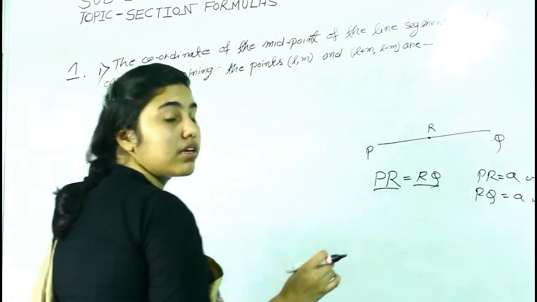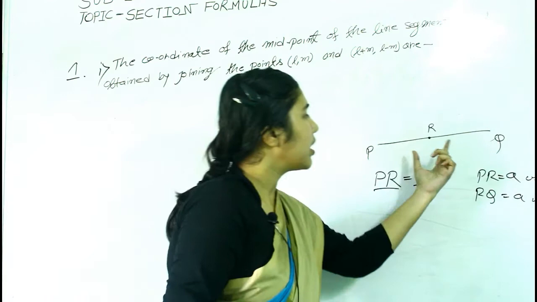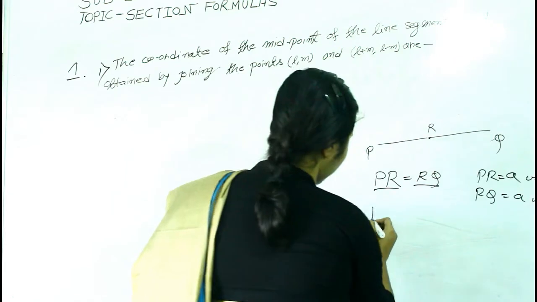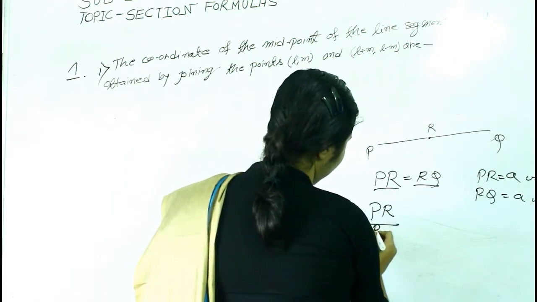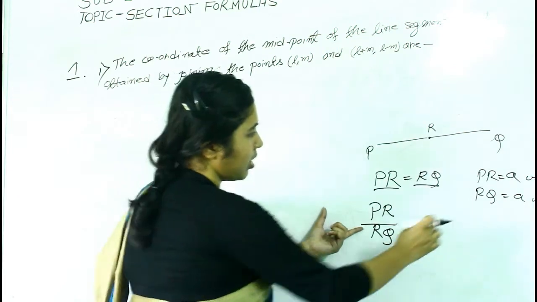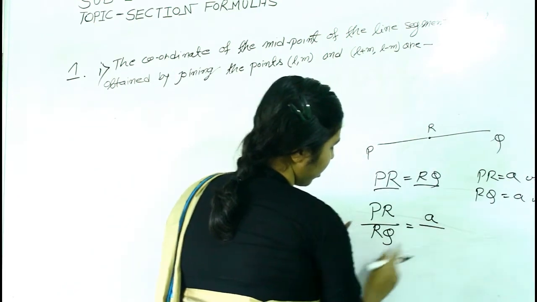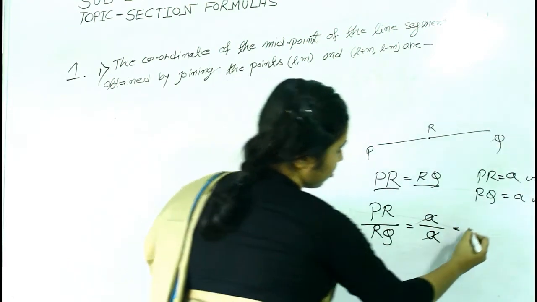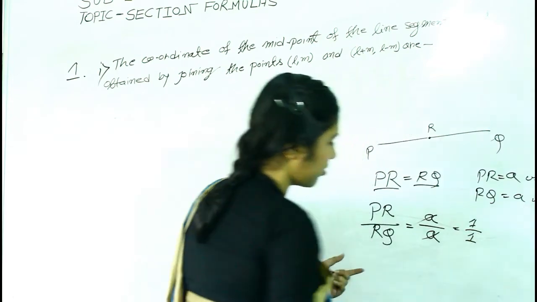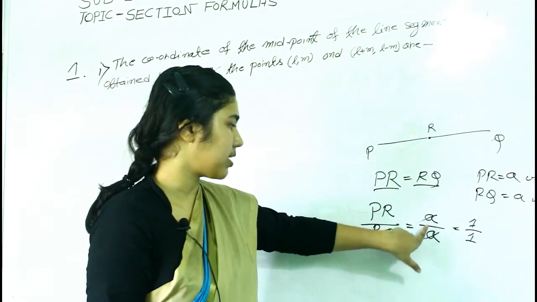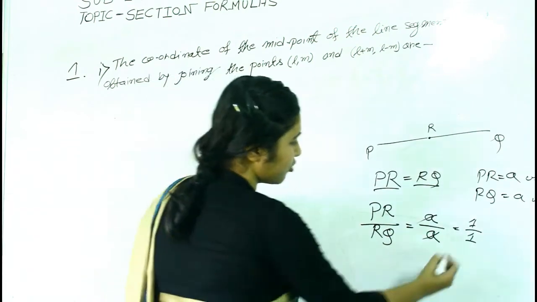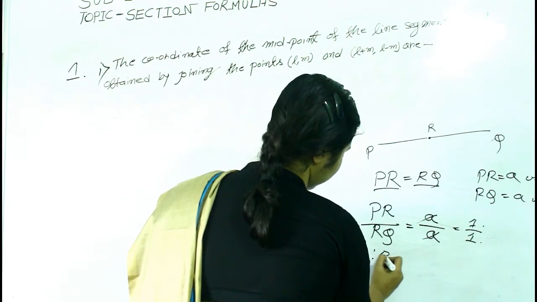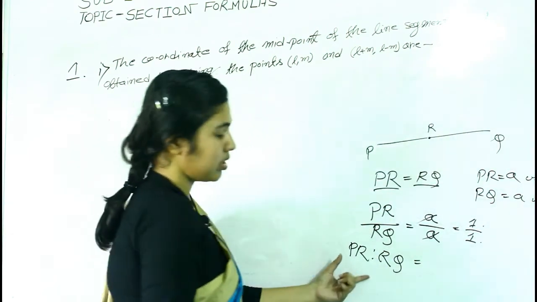Then tell me the ratio in which the point R divides the line segment. So PR by RQ is equals to value of PR is A and the value of RQ is also A, which means 1 by 1, right? Because we can cancel A by A, here we will get 1 by 1, which means the ratio PR is to RQ is equals to